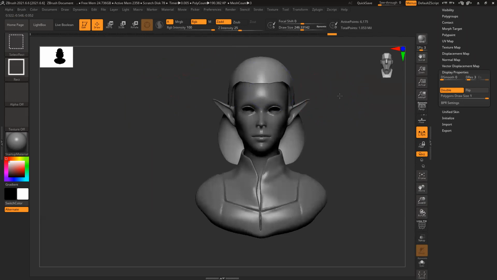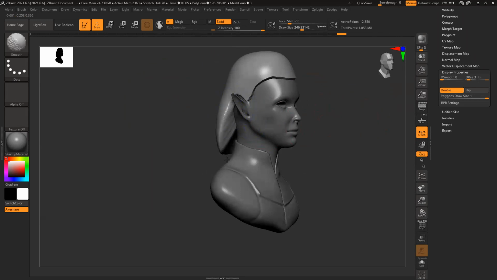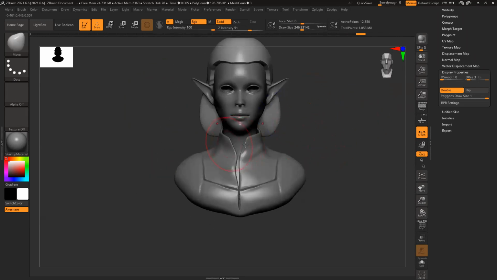Basic volume, Control Shift. You can see everything is here. And now if I want, I can smooth this thing, I can remesh or dynamesh, and create everything. Dynamesh will be great for this.